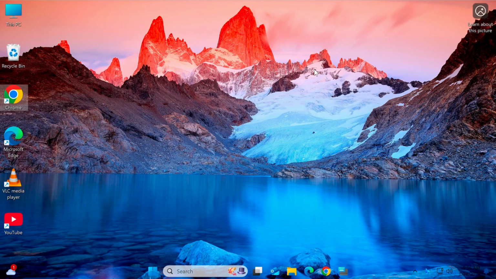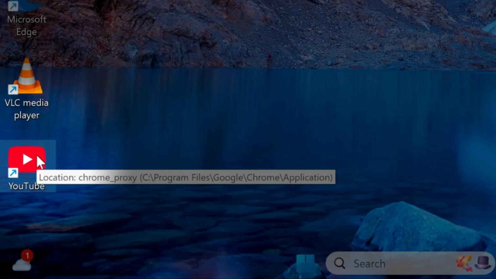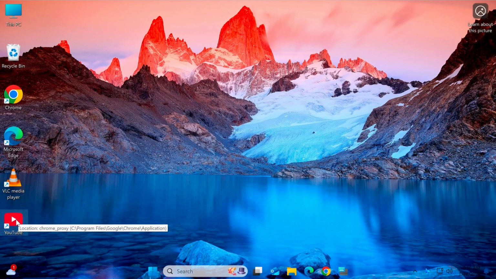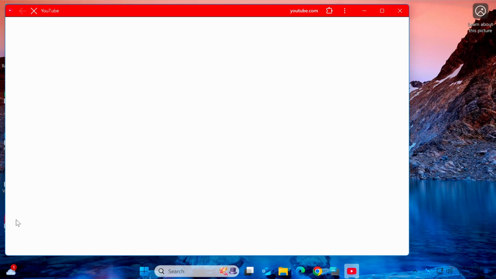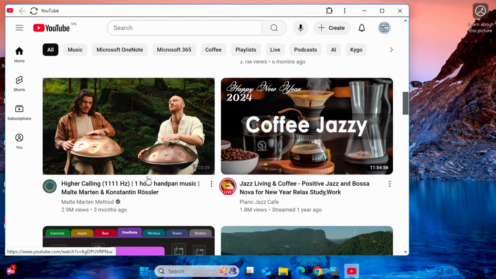Additionally, you'll see the YouTube icon appear on your desktop or in your Start menu. From now on, you can open YouTube directly without needing a browser. Simply double-click the app icon. Furthermore, the app allows you to log in with your Google account to access all the features, just like when